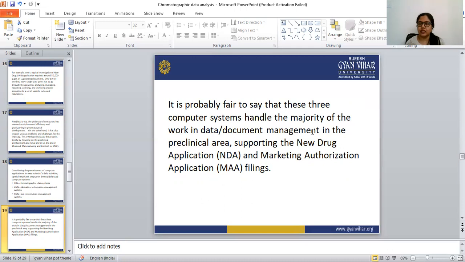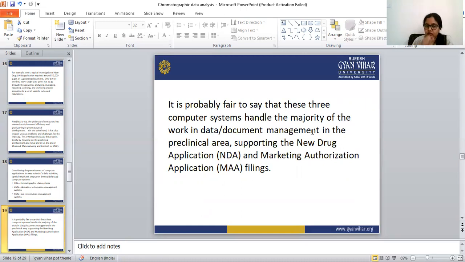Second is LIMS, laboratory information management system. Third is TIMS, text information management system. All the data and documents are managed by these three computer systems.